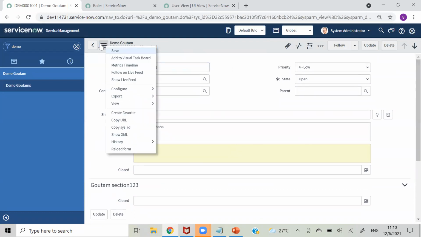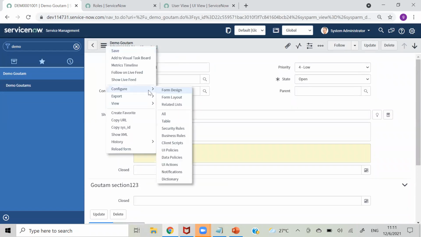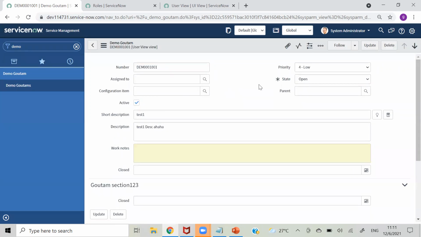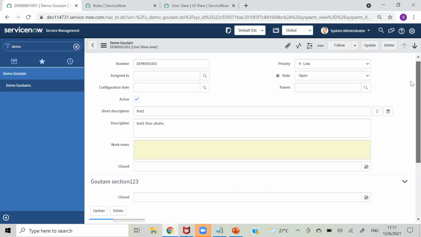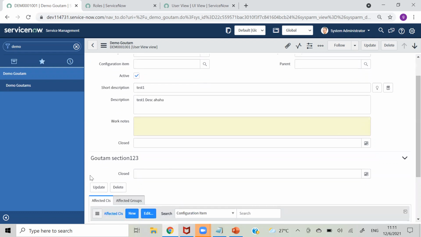Okay, sorry, it's still in user view. Okay, sorry, don't know why, but not able to change into default view, maybe because of that view rules. Yeah. So this is your user view, and you can see Gautam section 1, 2, 3. It was on your user view form.